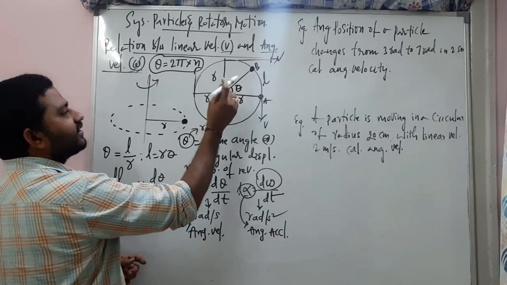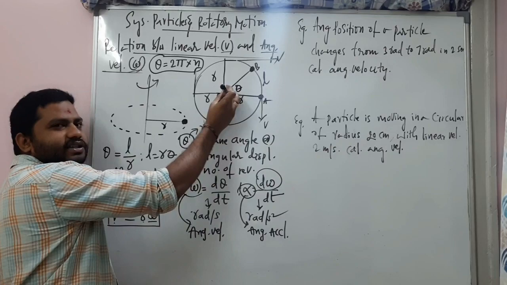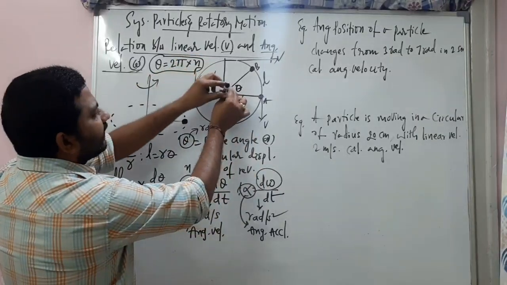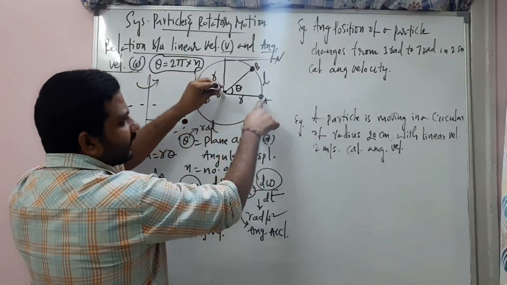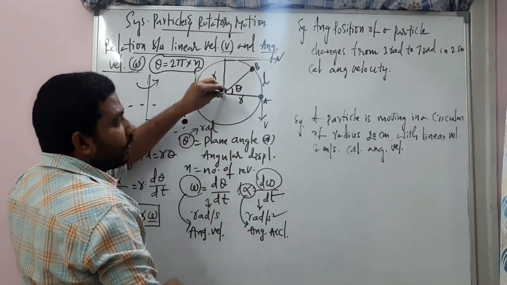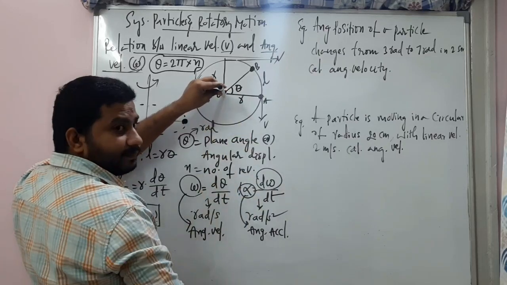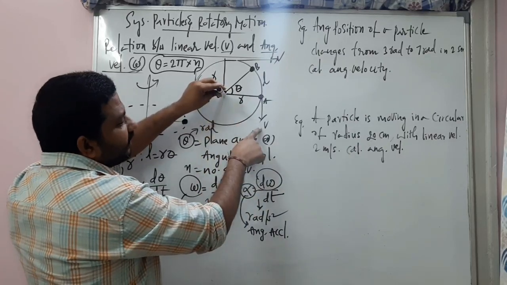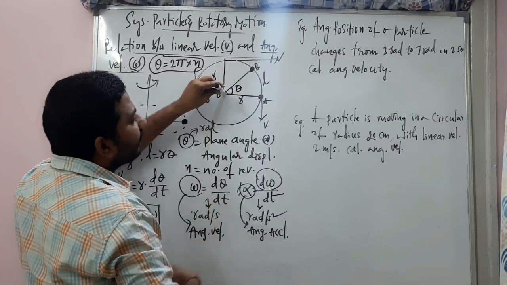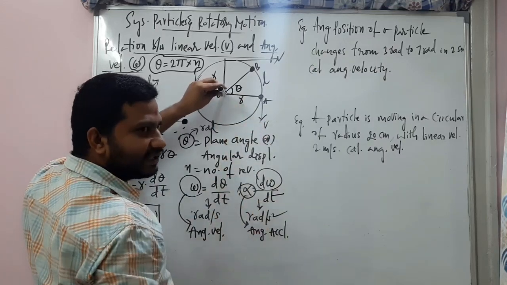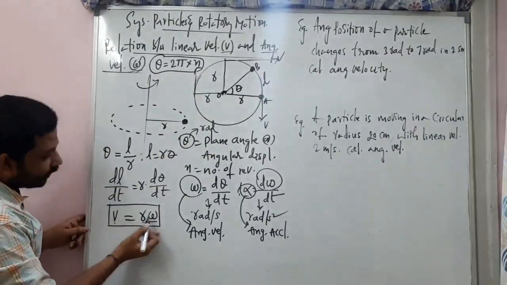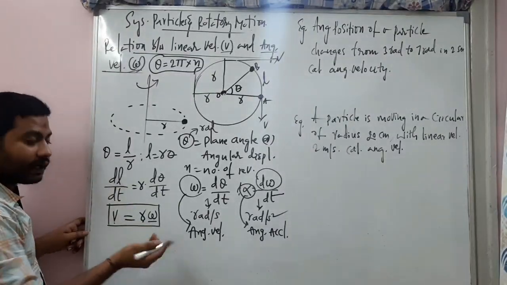Imagine the omega is in this direction, along the axis of rotation, or into this also, no problem. So this is the omega direction. Carefully observe, this is the R direction, this is the V direction. What is the angle between omega and V? Everybody. 90 degrees. What is the angle between omega and R? 90 degrees. What is the angle between R and V? 90 degrees. So that is very important. The angle between V and R is 90, between V and omega is 90, and between R and omega is also 90.